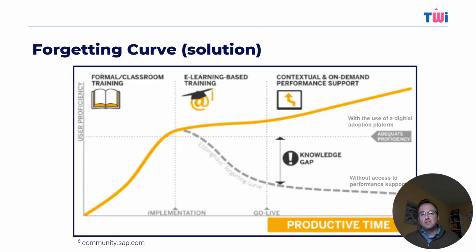However, in-app guidance provided by a digital adoption platform can contain contextual and role-specific prompting and push notifications alongside contextual just-in-time learning content, which ensure repetition when it is needed most and when it has the most meaning for that specific learner. The image here on screen, developed by SAP, I find is a great way to visualize how to combat the forgetting curve with the support of in-app guidance in the form of a digital adoption platform.